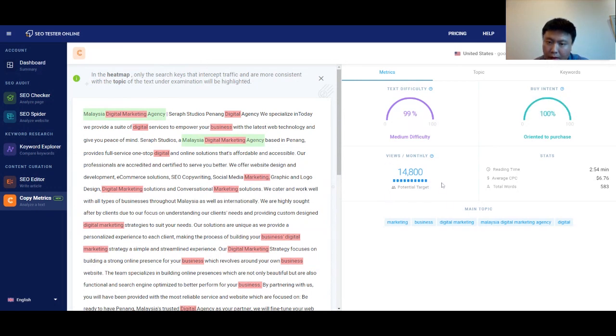So here we have a monthly traffic that you could potentially get. So this is, as explained here, number of potentially interceptable searches by positioning the article for detected topics. And we have the stats: average reading time, the average CPC, total words,